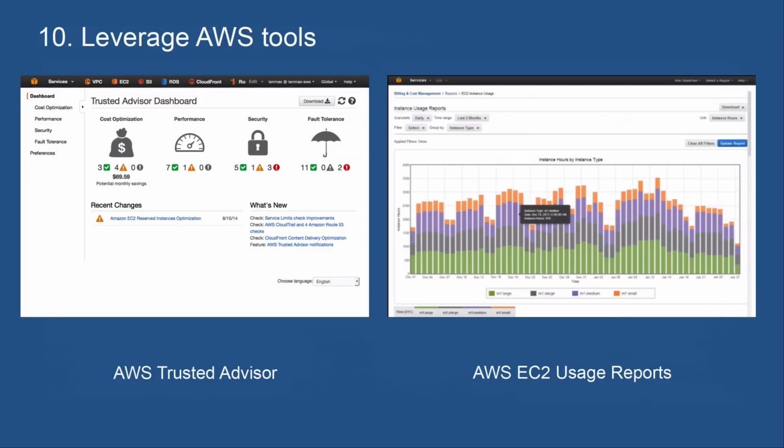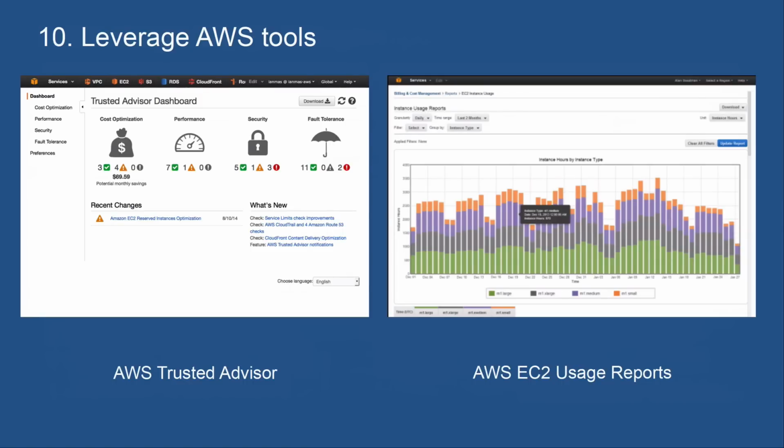Obviously you'll get benefits if it's permanently activated from the support center, being able to use the support teams and being able to review these recommendations day by day and week by week. But if you want to test it or try it out, you can do that with no long-term commitment. So take a look at business support and Trusted Advisor and see if that works for you and provides value for you.